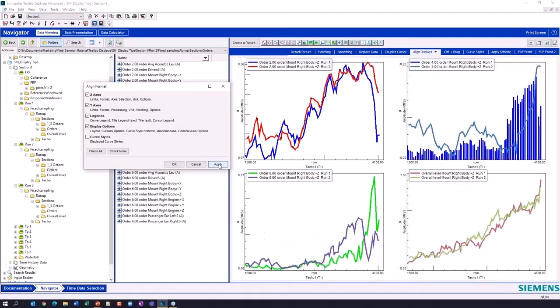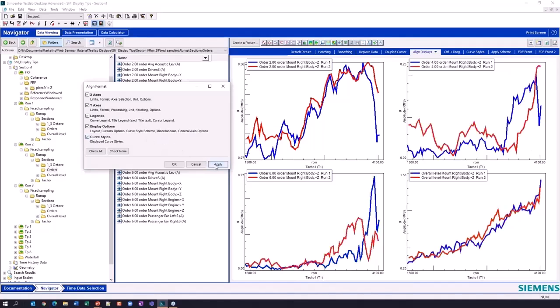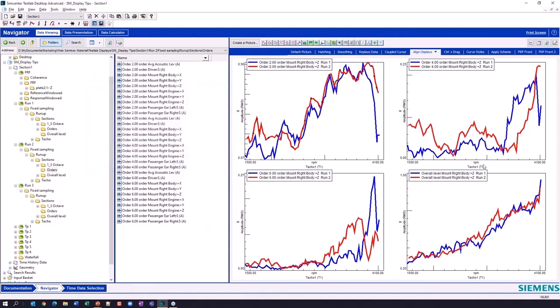So if I hit apply here, boom, in one click, all of those changes are aligned to this guy. But you see the curve styles and colors and everything stayed the way they were. If I now come in here and say, oh, I changed my mind, I do want them all red versus blue, I just add that to the alignment and hit apply, and now I've got 4 fully aligned displays. So that's the one-stop shop. When you have a multi-display situation, you really only have to get one looking how you want and then align the rest of those displays to that guy.